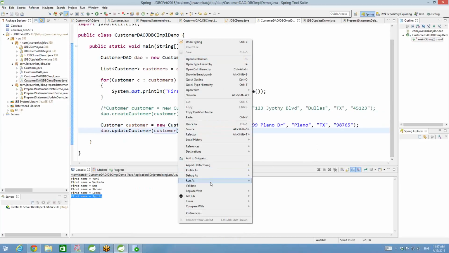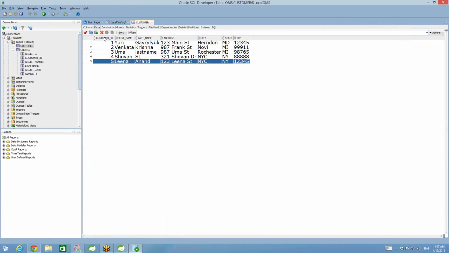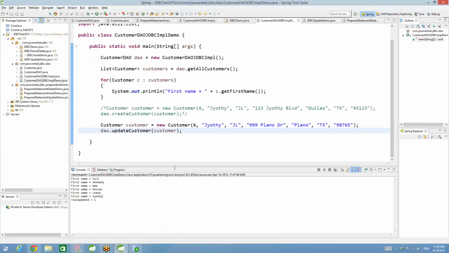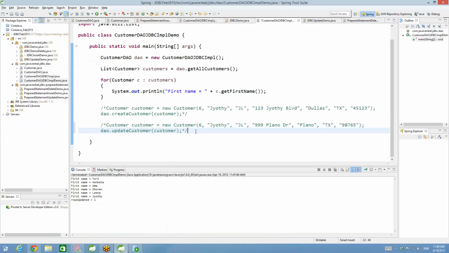Let's check one at a time. Very good. Let's see what's happening here. Jyoti JL, 999 Plano Drive, Plano, Texas 98765. Good. It worked. And now finally, I can comment this out, otherwise one more time happens. There's no harm in that, I think, but